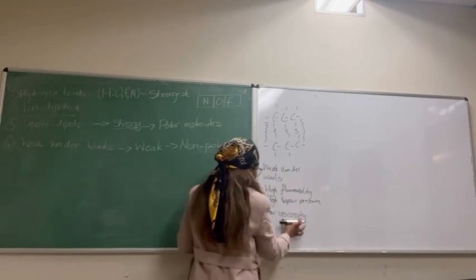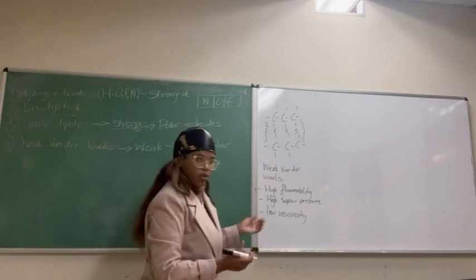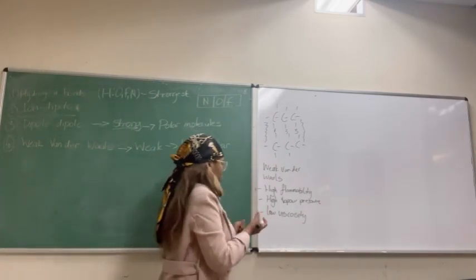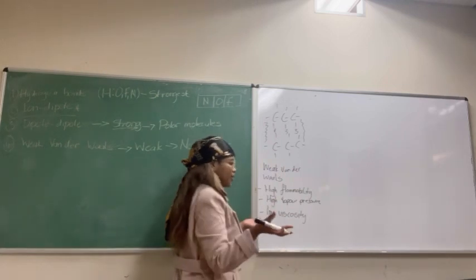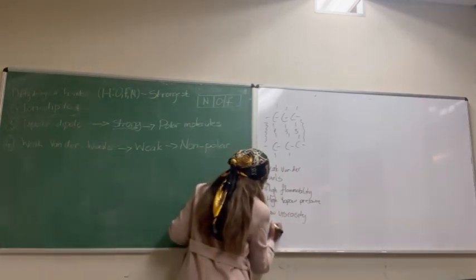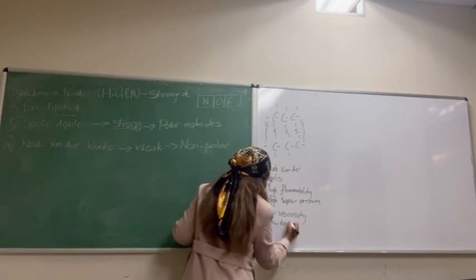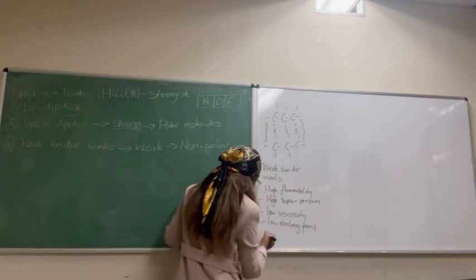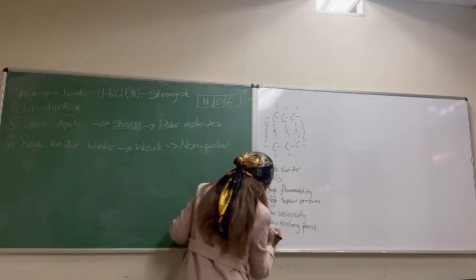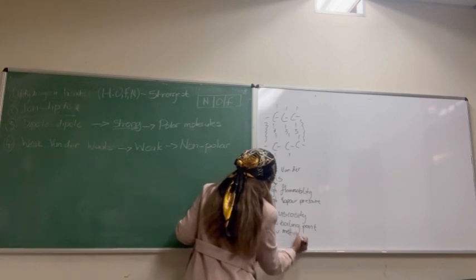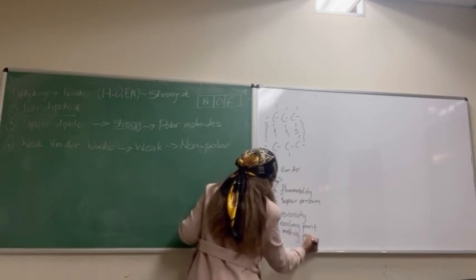Okay, viscosity can also be interchanged with density because they are directly proportional. So the higher the viscosity, the higher the density. So low viscosity, they will also have a low boiling point and a low melting point. Obviously, if your boiling point is low, then your melting point will also be low. Okay, so now